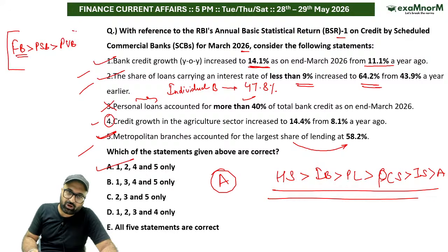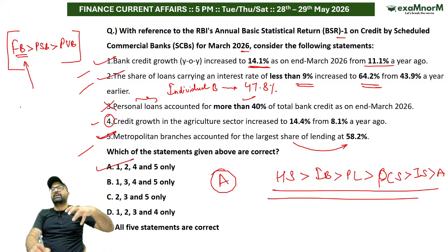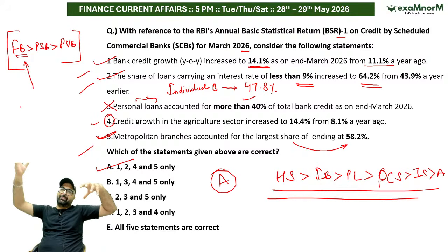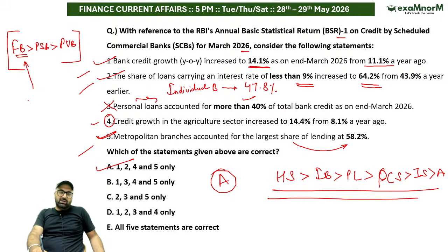The reason is quite obvious. What is the obvious reason? So the obvious reason is foreign banks are more connected with the foreign depositors, and they prefer to deposit in a foreign bank when they are depositing in India. And due to the depreciation of currency, foreign deposit has increased in the country.